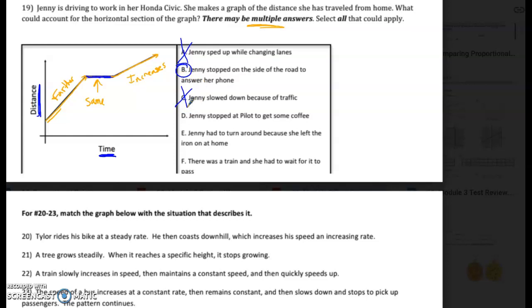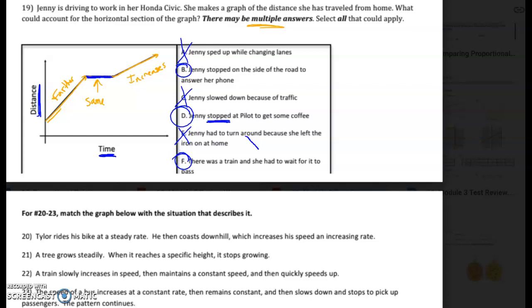D, she stopped at Pilot to get some coffee. So here she stopped again. That could account for that time. So D is a possibility. E, Jenny had to turn around because she left her iron at home. If that was the case, it would be going down because she would be getting closer to home. So E cannot be the answer. F, there was a train and she had to wait for it to pass. I know I have waited for some trains for a while, and so F could be a reason that